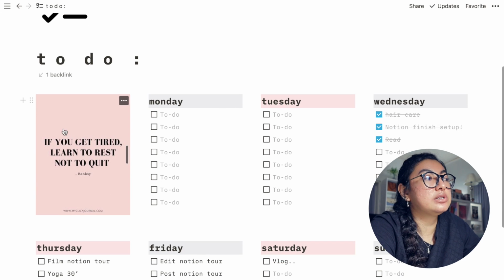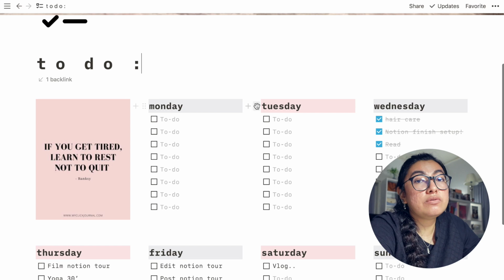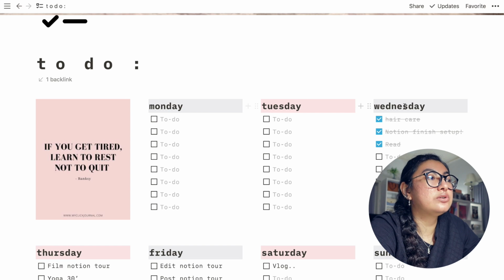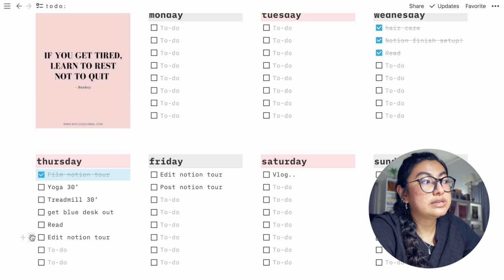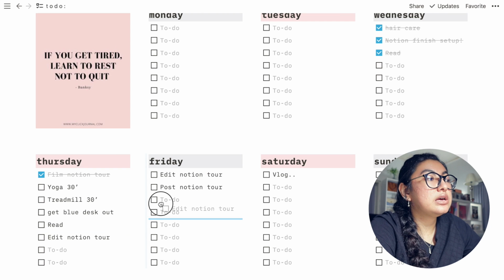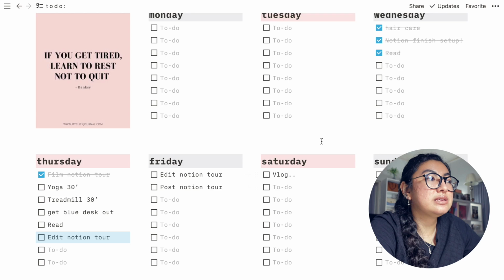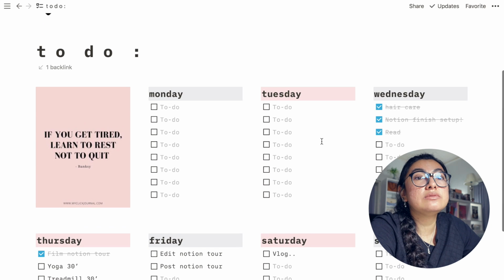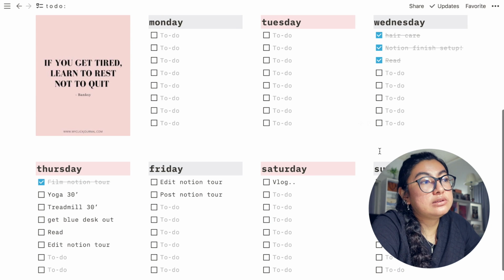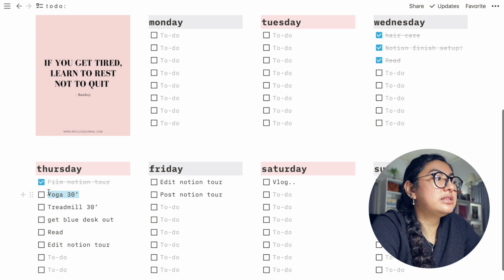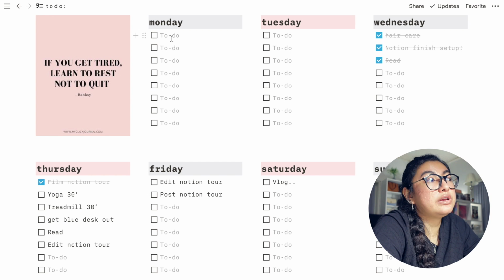Here I have a picture of a quote: if you get tired, learn to rest, not to quit. I have the title of each day with different colors, gray and red. If I haven't done it, I can easily drag them to another day, and I just found this very easy instead of just having a to-do list for each day. And then once the week is over, you just delete them and then type in whatever you have to do